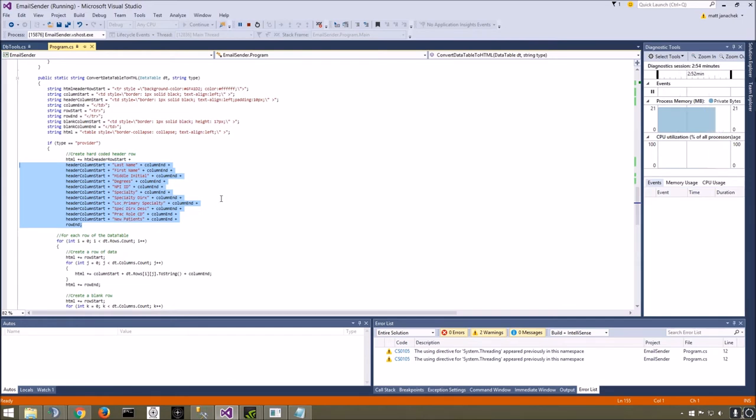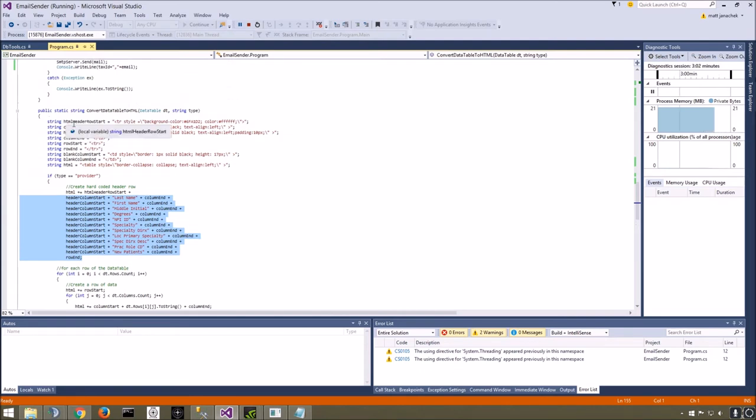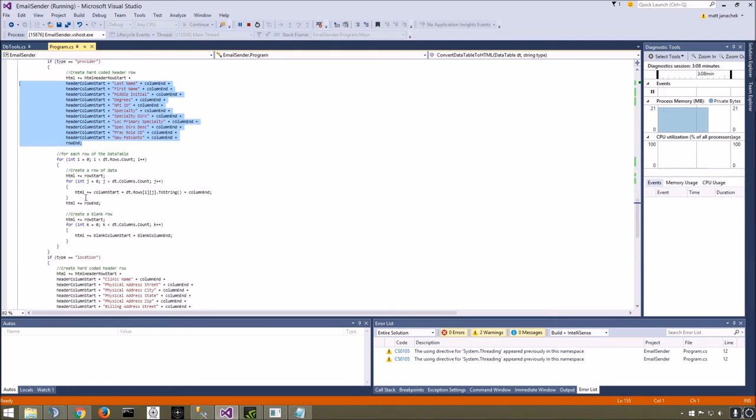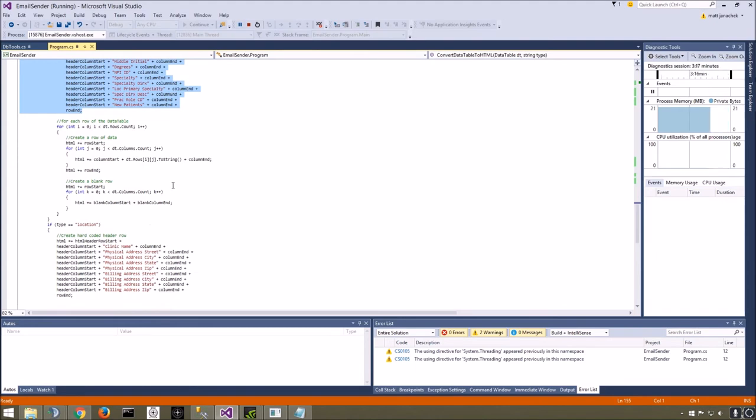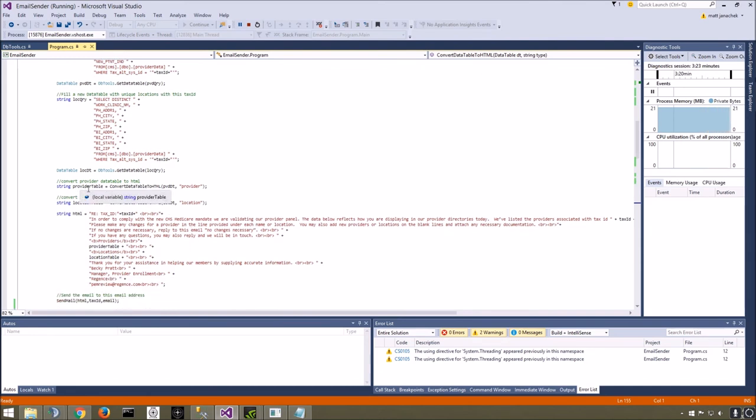And basically what this is doing is it's iterating through the data and adding HTML tags where necessary. So I've listed all the HTML tags up here, like row start, column start, and as we're iterating through the rows, I'm adding them, like you can see here, row start and row end, column start and column end. And I do this for both provider and location. So now we have two strings